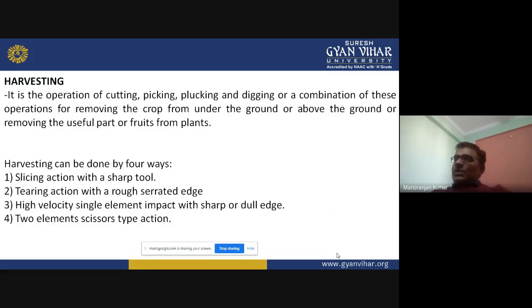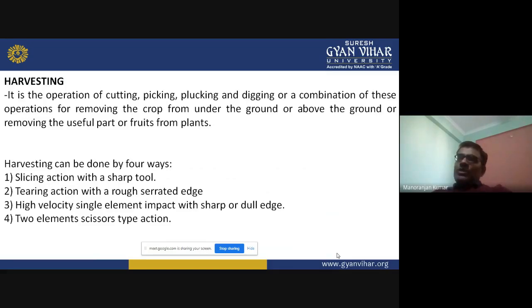Now, the harvesting. What do you mean by harvesting? This is the operation of cutting, picking, plucking, and digging, or a combination of these operations for removing the crop from under the ground or above the ground, or removing the useful part or fruit from the plant.